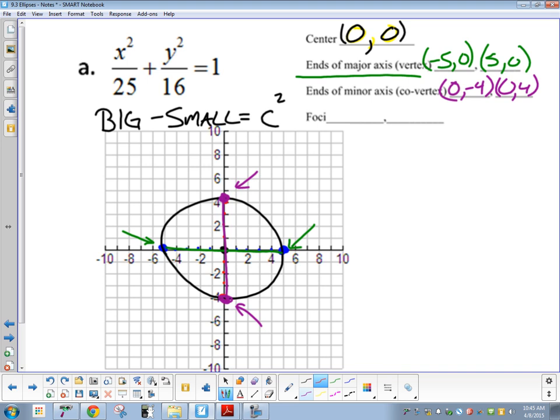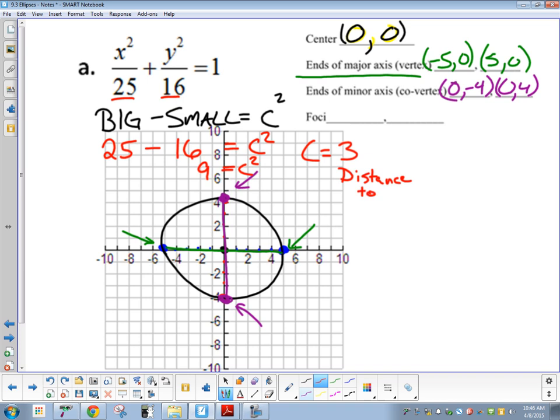Okay, so for this problem, what's the big number on bottom? 25. So I'm going to write down 25 minus the small number on bottom, the little one, 16. Big number, little number. 25 minus 16 is going to be all equal to c squared. So 25 minus 16, 9. So 9 is c squared. So if 9 is c squared, what do you think your c value is going to be? My c is 3,